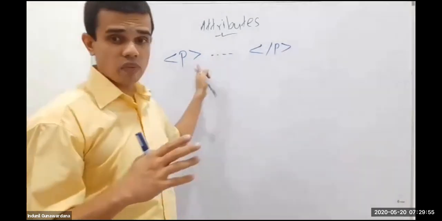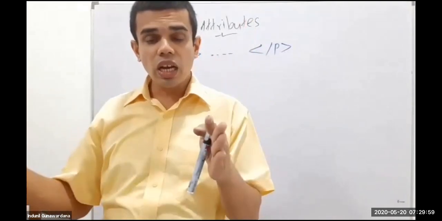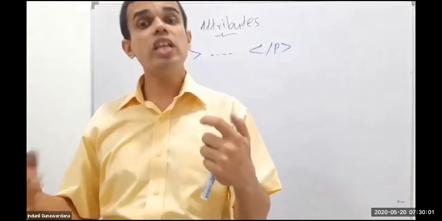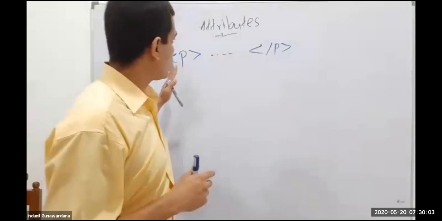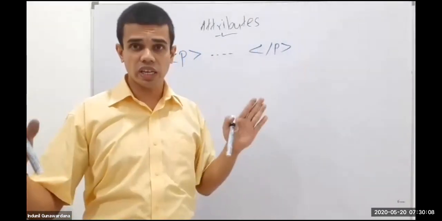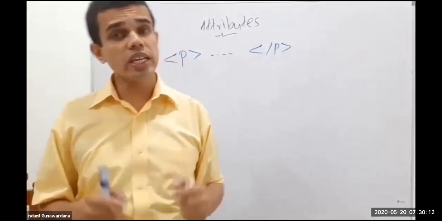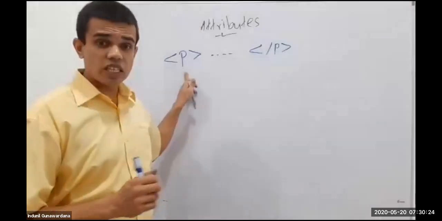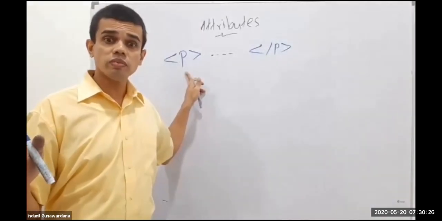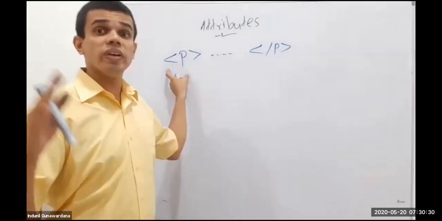When I say paragraph, it creates a paragraph. Sometimes I want the text in the paragraph in different colors. Sometimes I want the alignment to be left or right or different. If I write just P, it comes with the default settings of P. We can change the default settings of the main tag into the way we want.